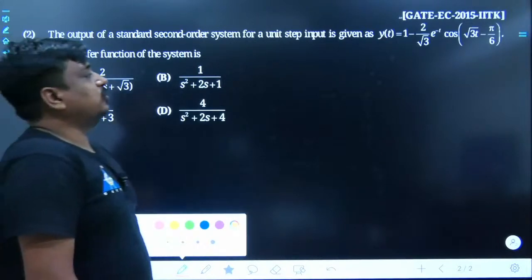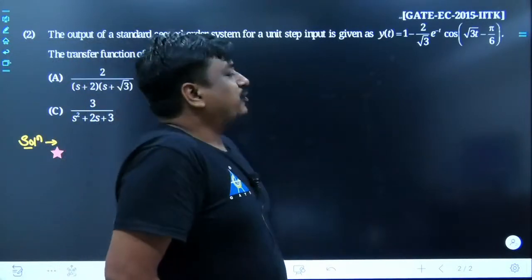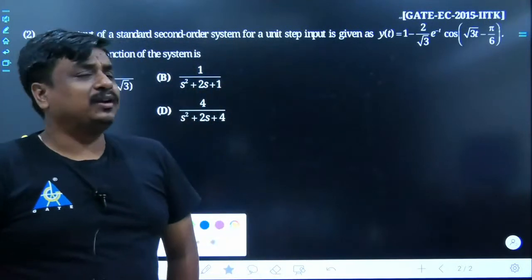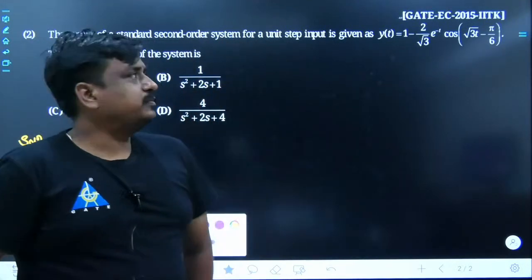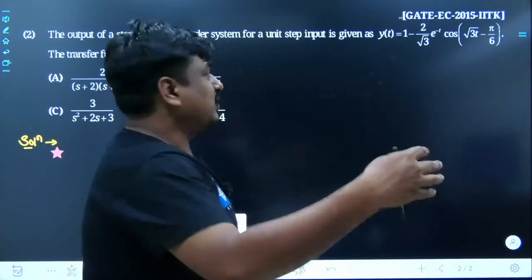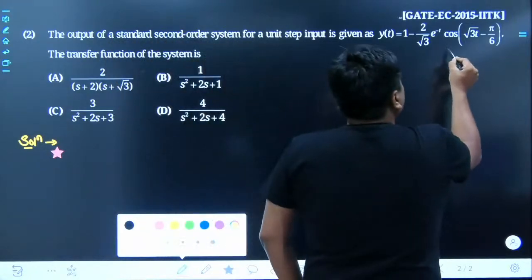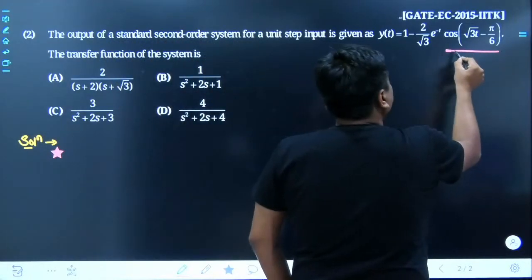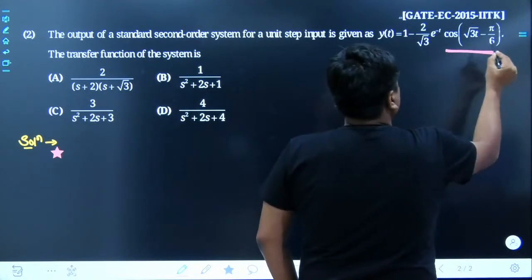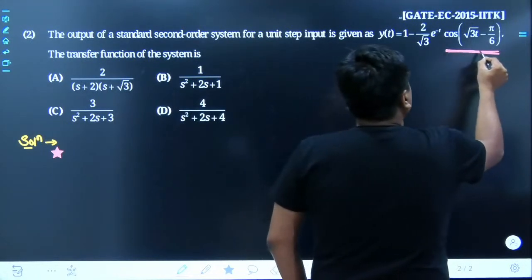Once you see its response, may I know whether the type of response is overdamped, underdamped, or critically damped? As time passes on, what would happen? It would keep oscillating, no? Yes sir, it would keep oscillating, no issue as such.